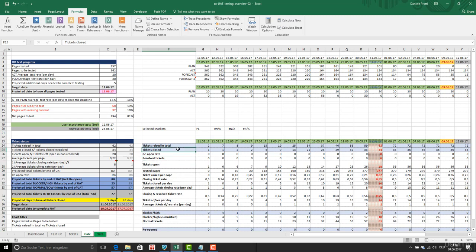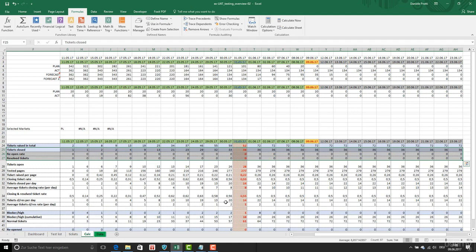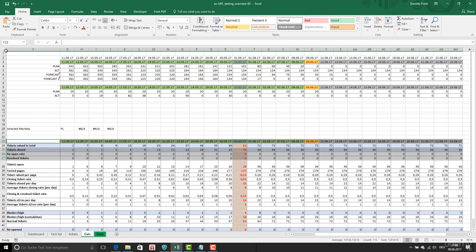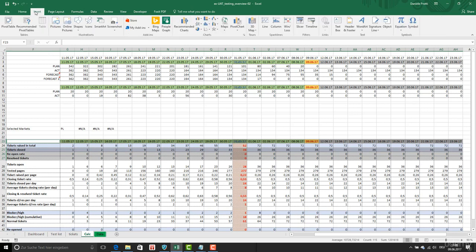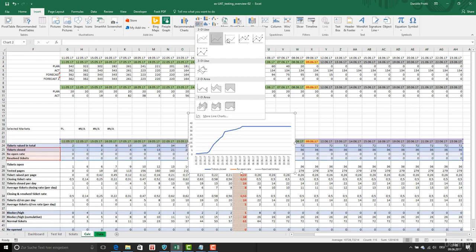Now we are going to create a chart, selecting this, control, and then you keep the mouse dragged. I'm gonna click on insert, line charts. Okay,